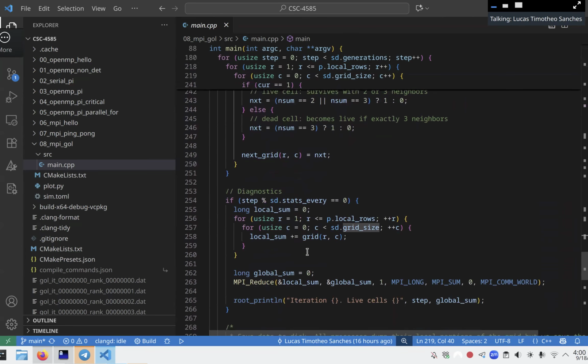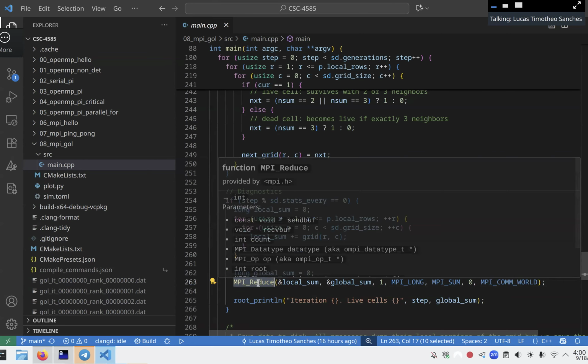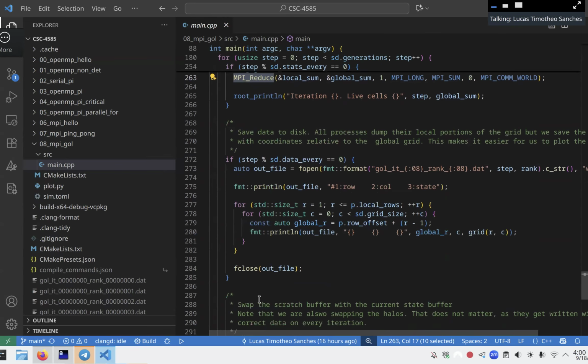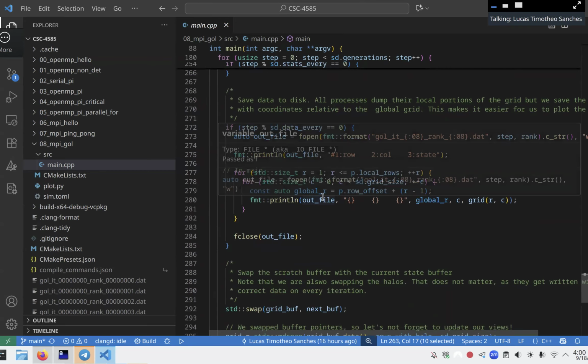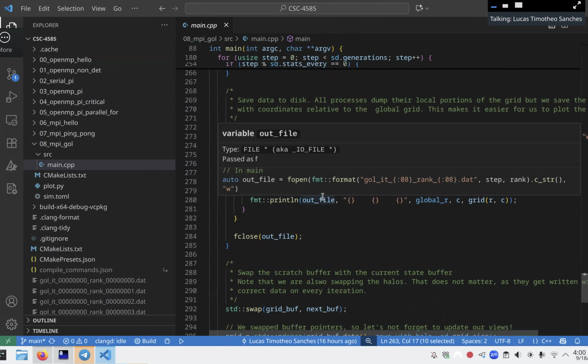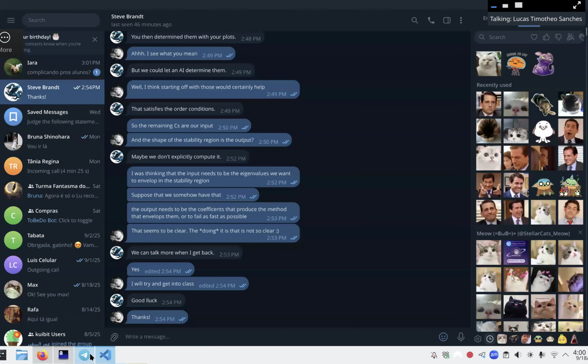And this is just diagnostics, right? At every step, we're going to see how many alive cells we get. We use a reduction for that, calling MPI reduce. And at the end, we just dump the data, right? The way that I chose to do this is that every process dumps its local grid. And then I've written a little Python script to combine that data and do a single plot, right? So before we move on,